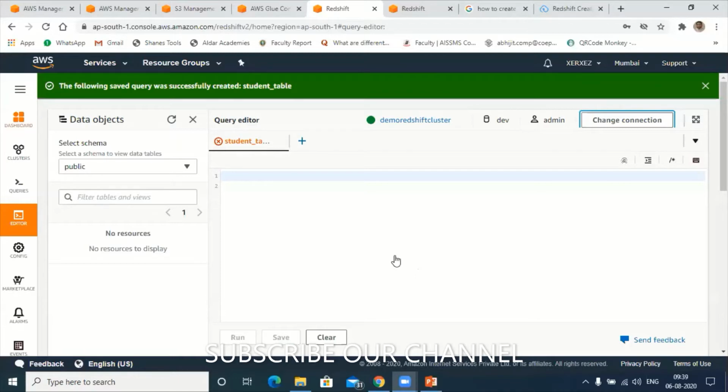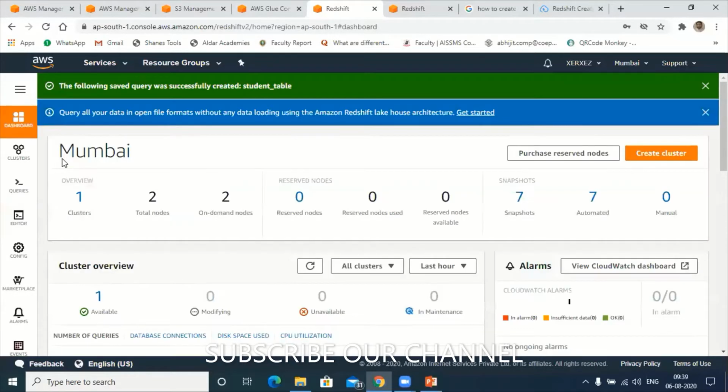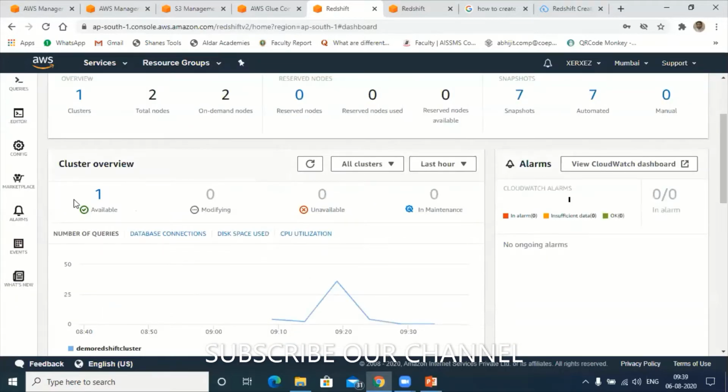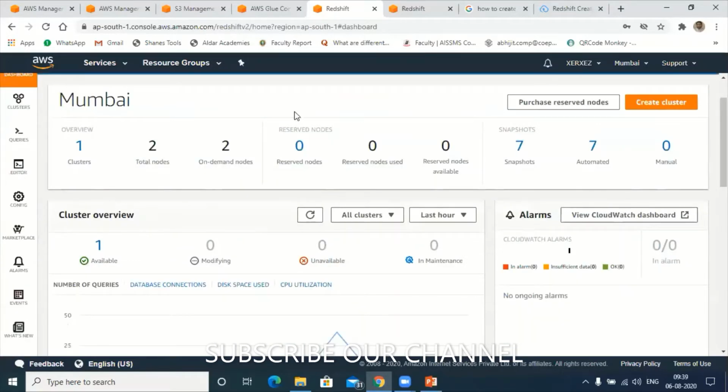Let me go to the dashboard. Hold on. It's taking a while, yeah. So this is the dashboard. You know very well how to create the cluster. This dashboard is showing that I have one cluster, and that cluster contains two sub nodes or slave nodes.